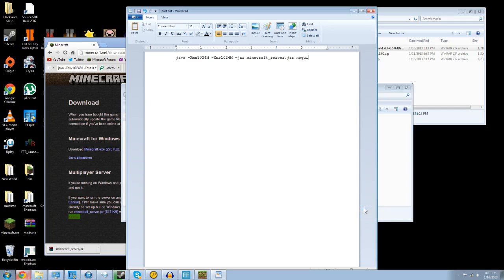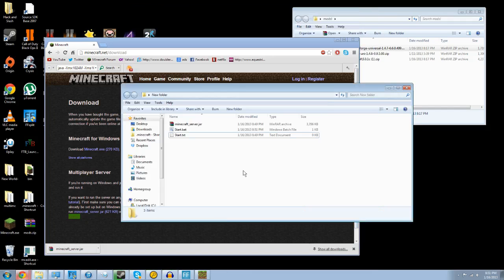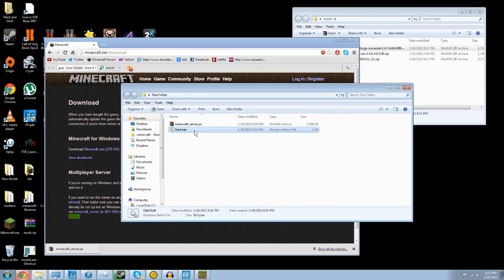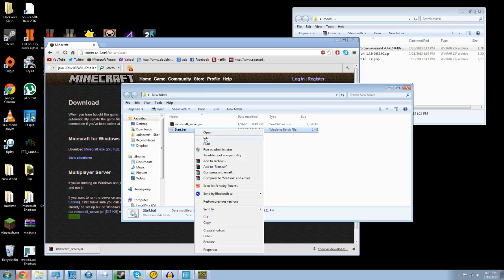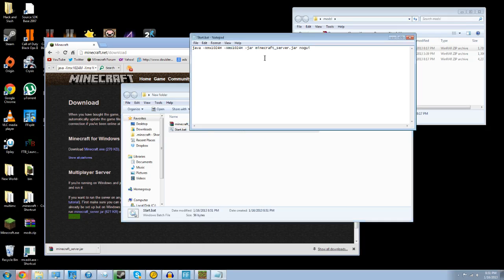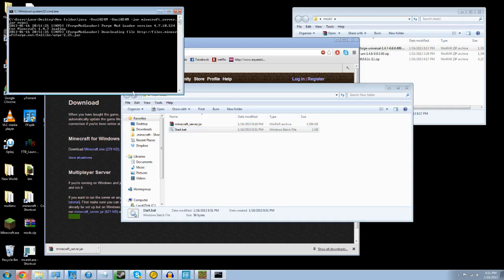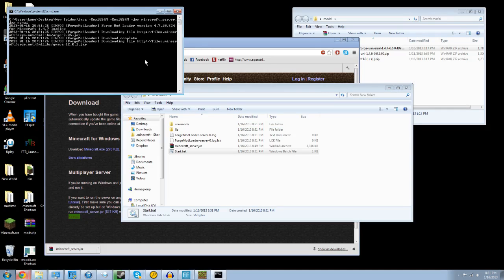Can't uncheck that. Alright, well I think that might work. Yeah, okay, it did. So now it's a start.bat. You can delete the start.text, and if you right click start.bat, you can do open or edit. Edit will allow you to edit what you had saved there, and if you double click on it, it'll download the files which you're used to, the downloading file at whatever,